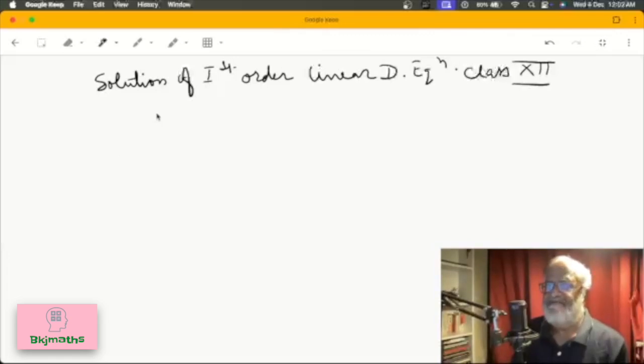First form: linear differential equation